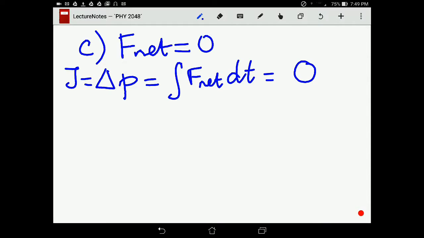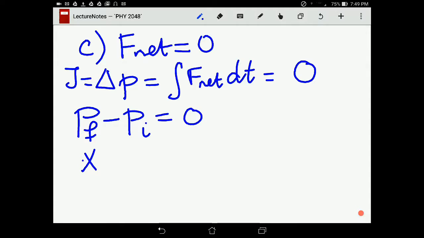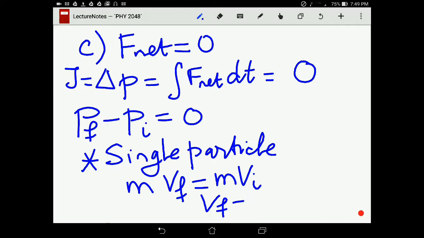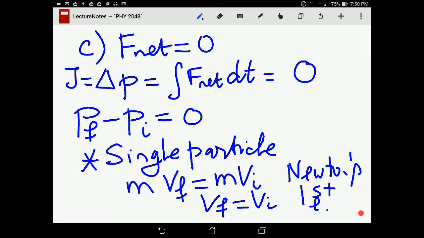What that means is that the final momentum minus initial momentum would be equal to 0. But if we are focusing on a single particle, which is a case where the mass doesn't change, then there's not much to say here except that the mass times the final velocity is equal to mass times the initial velocity, which tells us essentially that the final velocity is the same as the initial velocity. So we are basically looking at Newton's first law, just in disguise. It's the same situation. We did not apply any external force, so we don't expect the velocity to change. So in itself, this is not a very